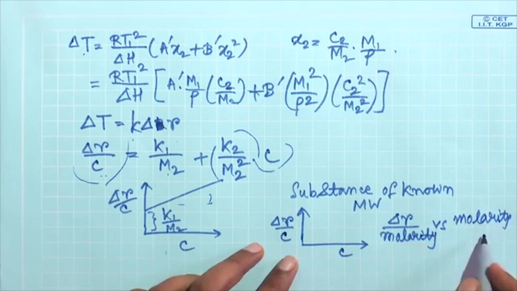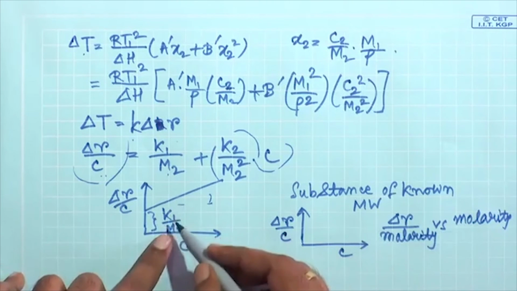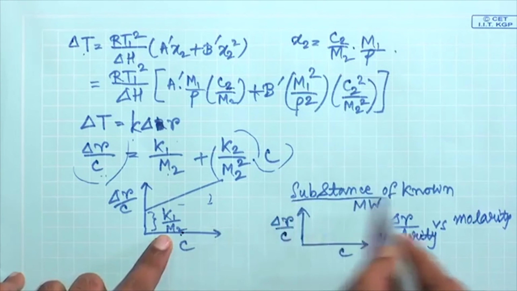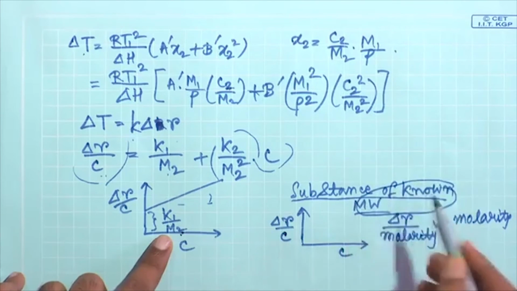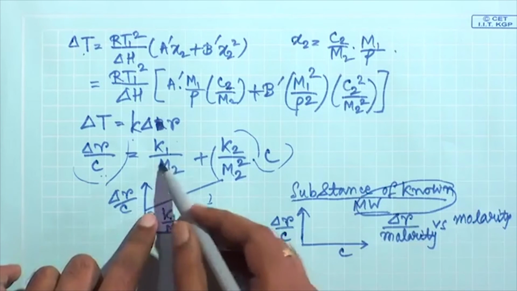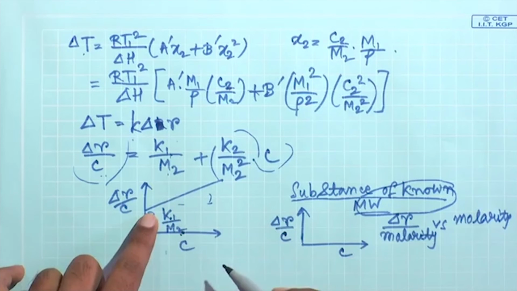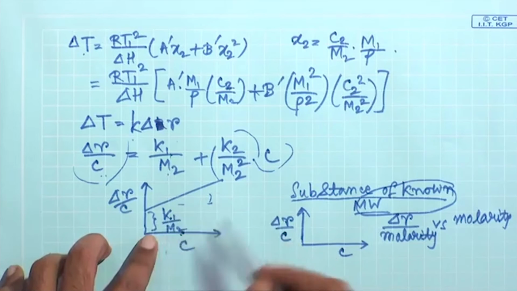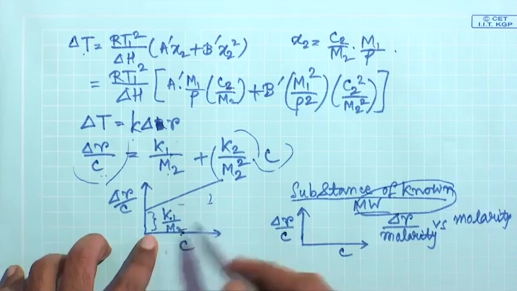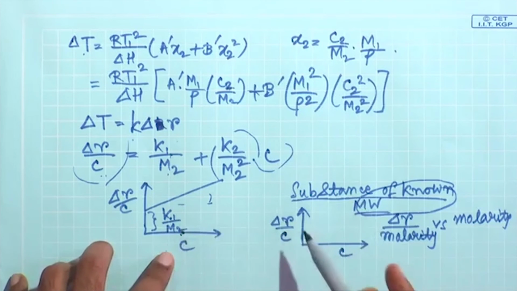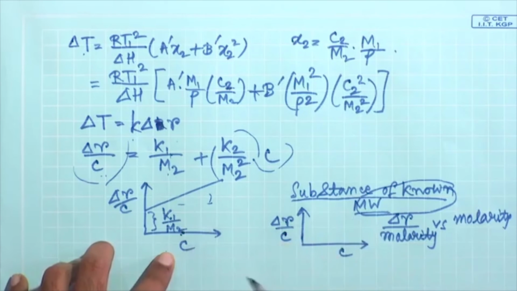So, if you plot that, from that plot the intercept you know, the M2 value you know. M2 is the molecular weight, you know the molecular weight of the substance, it may be an average molecular weight of course, but you know that. So, from there you can find the value of the unknown constants. So, if you have now an unknown sample, you can actually determine the molecular weight of that unknown sample by this method. You just cannot put an unknown polymer and find the molecular weight of that polymer,